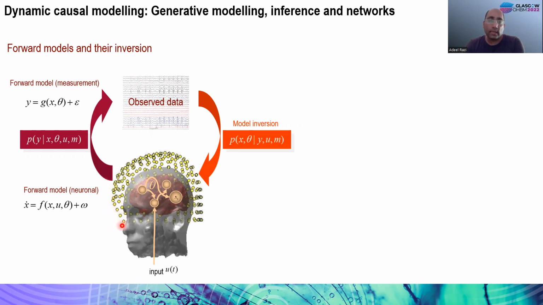As the name suggests, this generative model, or the forward model, means that we are more interested in how the observed data are generated by the causes, which we show here by the effective connectivity, or theta. So theta, or the effective connectivity, is thought of as the cause, and the data that we observe as consequences. And this model, the forward model, which is basically about writing the likelihood model, represents how the causes map